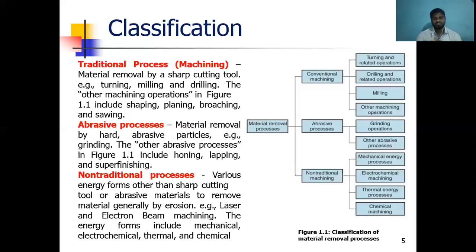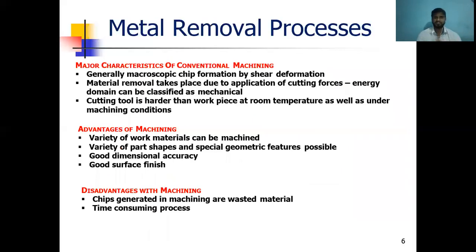Abrasive machining is nothing but grinding operations and abrasive processes. Coming to the non-traditional processes: mechanical energy process, electrochemical machining, thermal energy process, and chemical energy process. So these are all metal removal processes. Generally we know